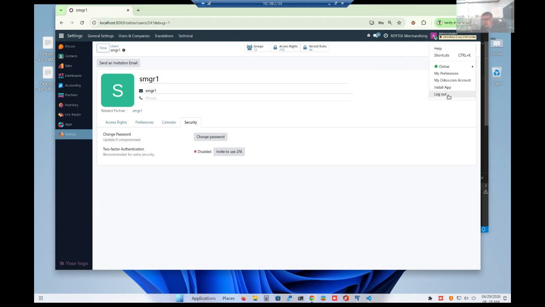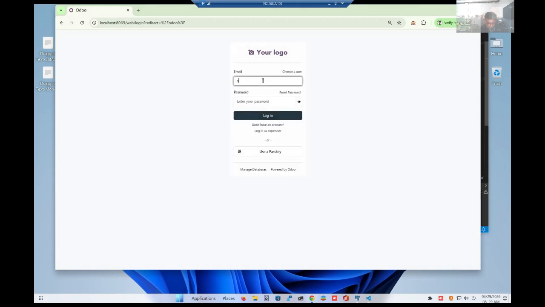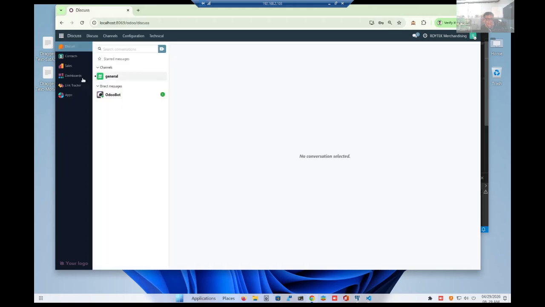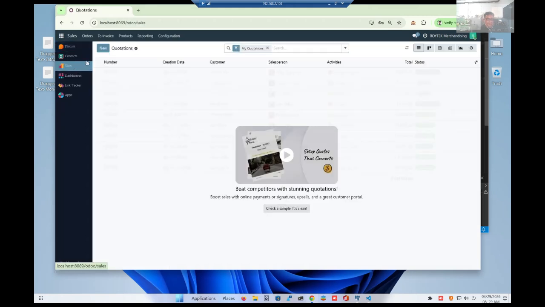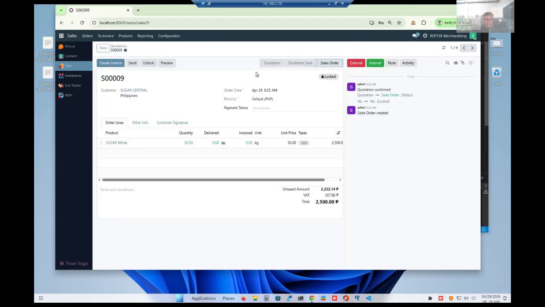So let's check that one by logging in as SMGR1. So let's go to sales. Remove my quotations. Take note, we have a sales order also. And if you look at that, this has no invoice yet, as indicated.